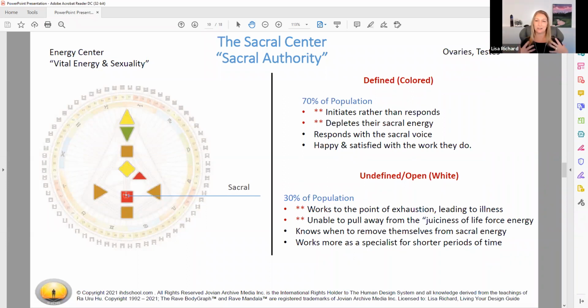You are designed to work. You're designed to raise children, support communities, do all of those things that really keep the world functioning as a whole. So it's a very, very powerful energy center to give you that constant fuel to carry out those activities. Now, just because you are designed to work does not mean that you're designed to be a slave. And that is where your strategy of waiting to respond is so essential. So you are allowing somebody to ask you if you want to do something. You are pulling that into your body